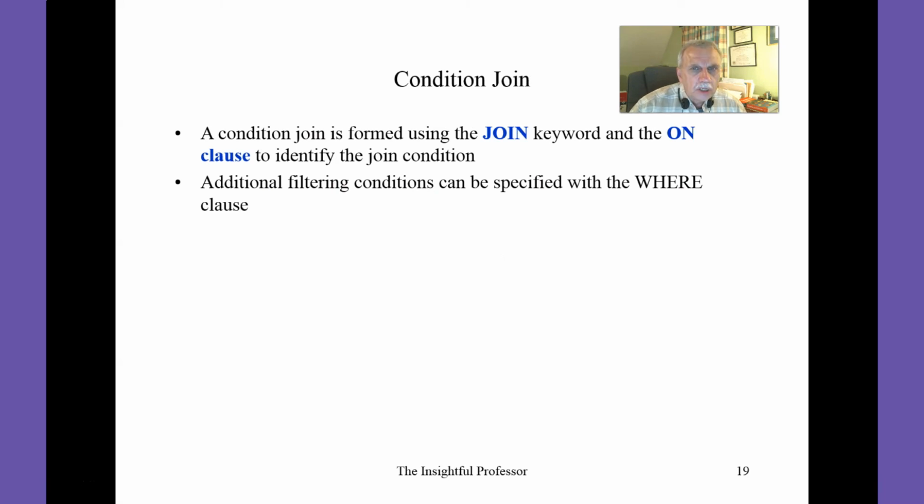Now that we've seen the principles behind the join operation, let's look at an alternative way of accomplishing this. We've used comma-separated join for all of the examples thus far. Now we turn our attention to the alternative syntax called condition join. A condition join introduces two new keywords. First, rather than connecting two tables by listing the tables and placing a comma between them, we connect the two tables to be joined by inserting the join keyword between the two tables when we list these tables in the